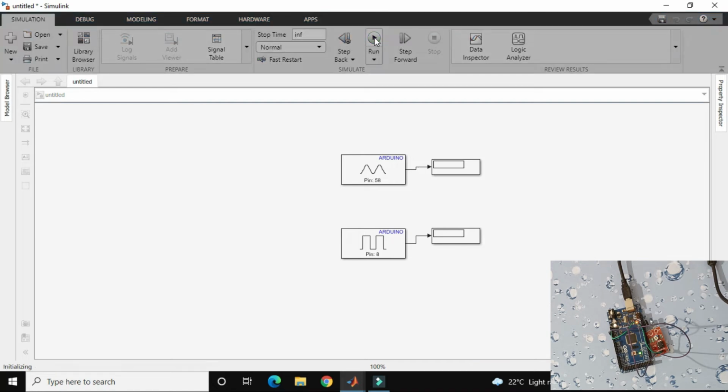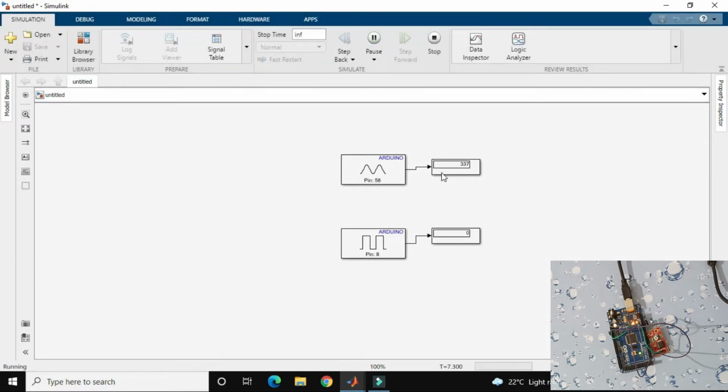As I run it, on the digital pin number in this display, the pin number 58 will show random values because it is not connected. It will take random values, and when I put my hand, I got on the digital pin 1 0 1 0.